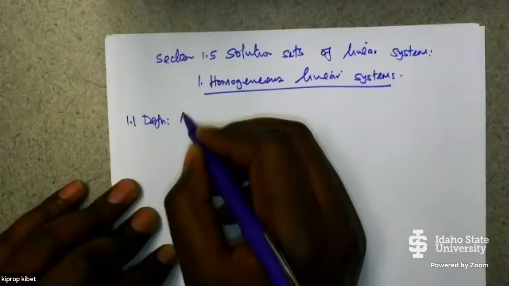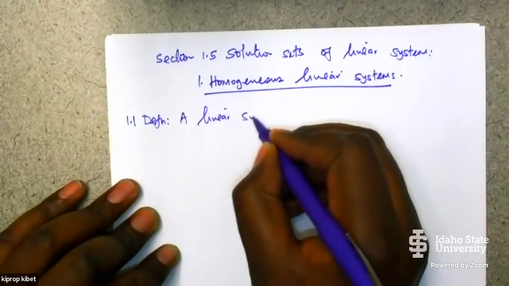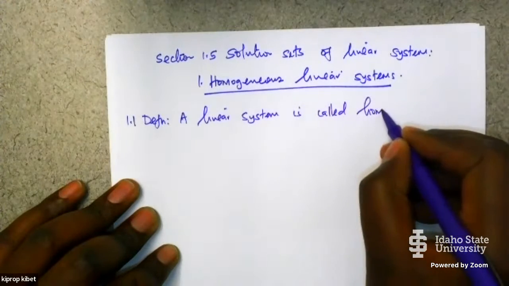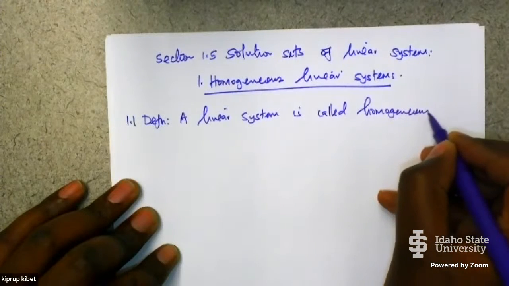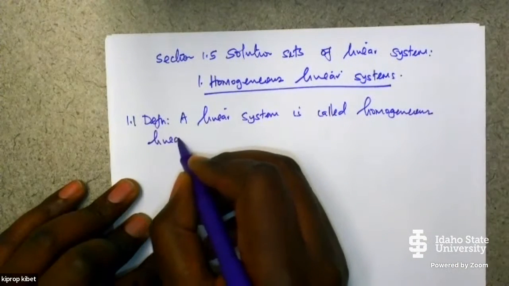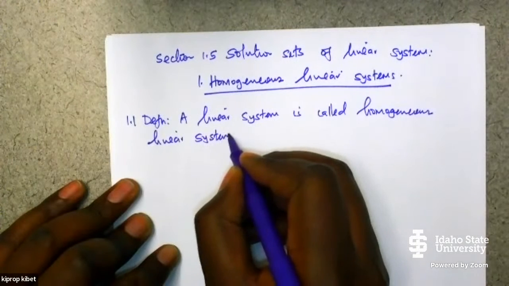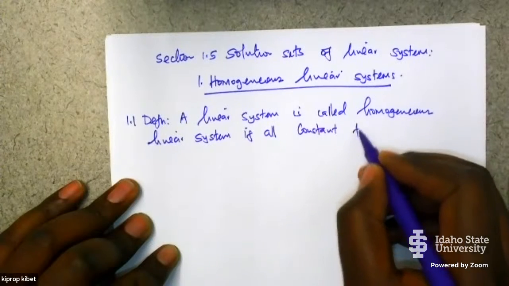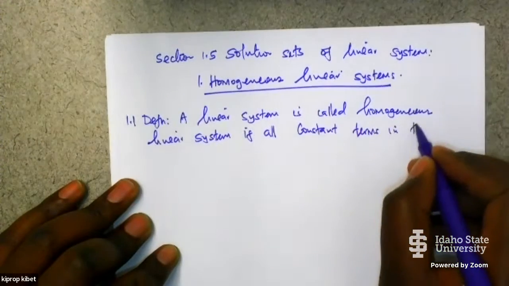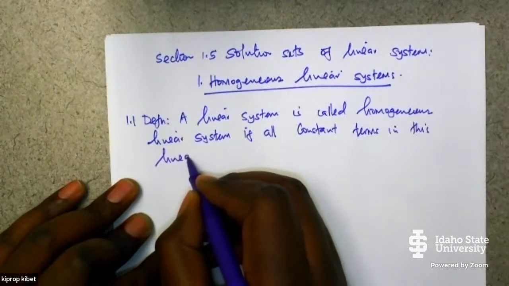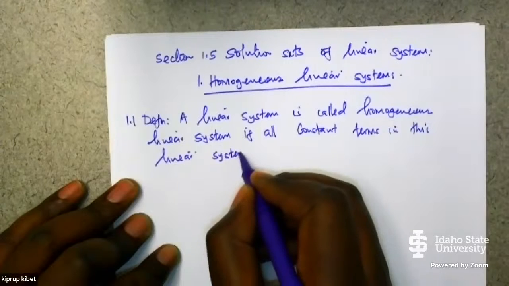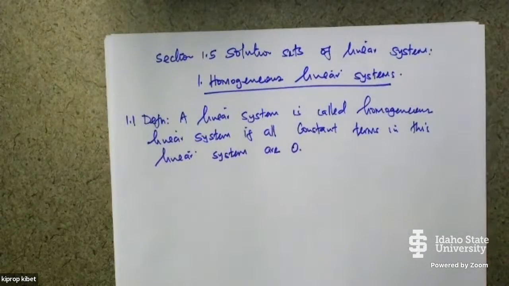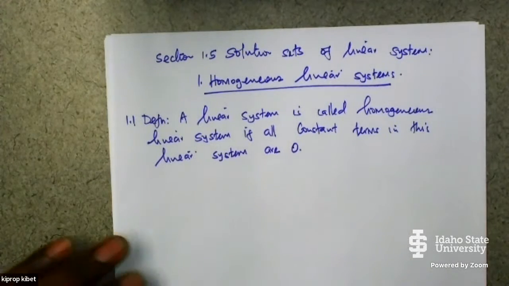A linear system is called a homogeneous linear system if all constant terms in this linear system are 0,